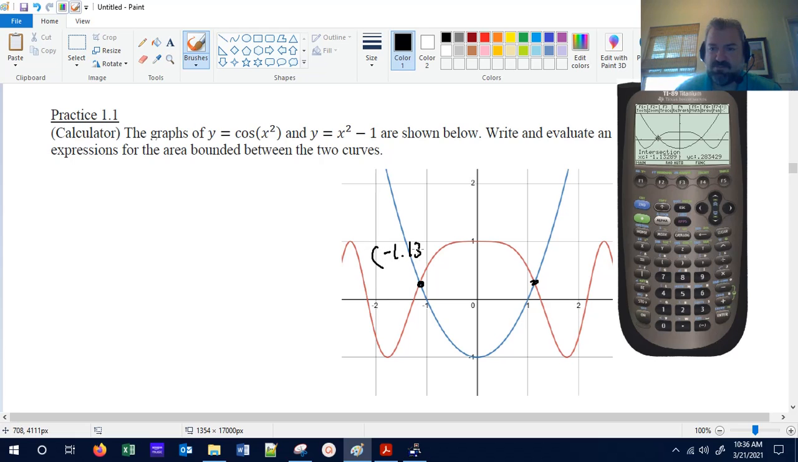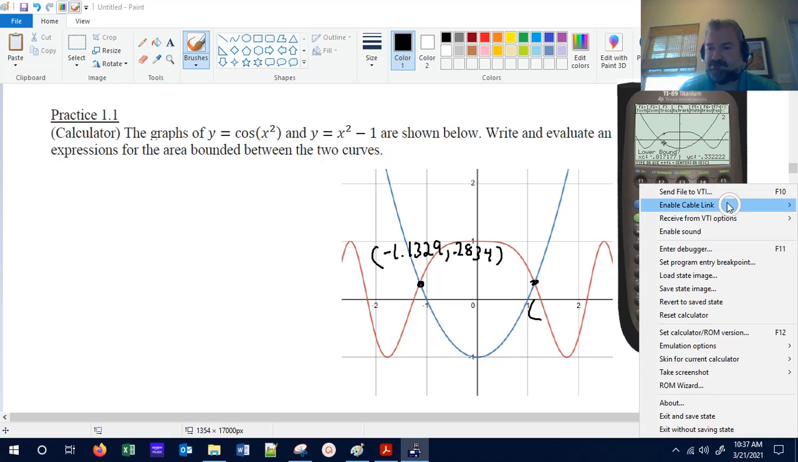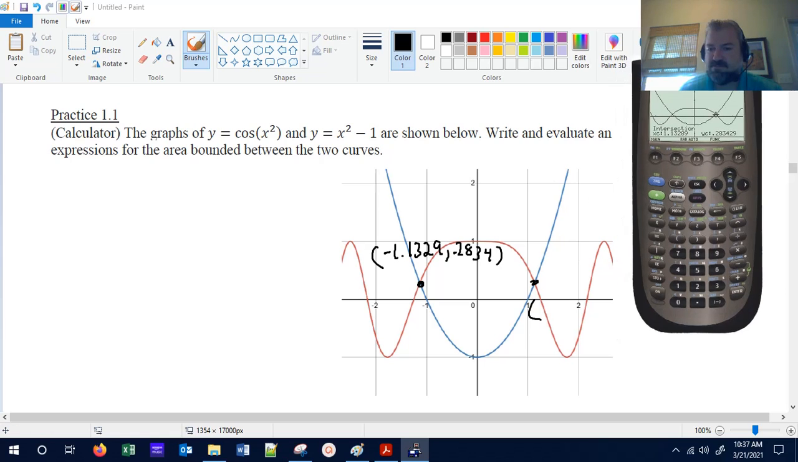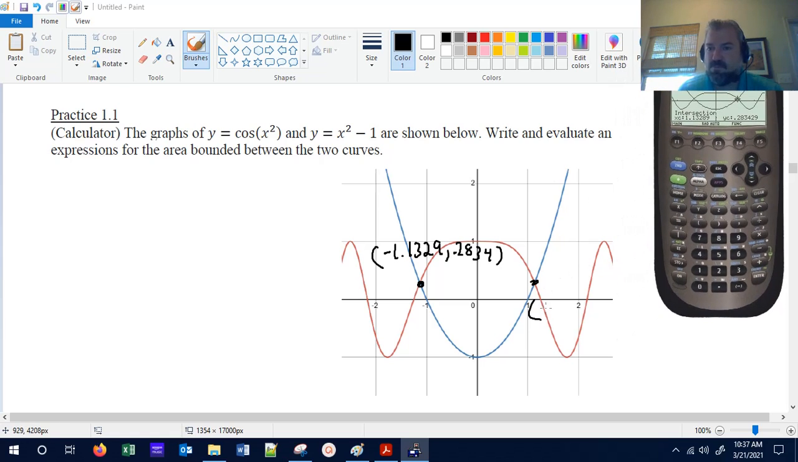Negative 1.1329 and 0.2834. All right, let's go get the next one. F5 for the math menu, 5 for intersection, first curve, second curve. And we're going to arrow over to where we're to the left. We could probably just pick it already, but I like to get a little closer. And then just to the right of the intersection. Okay, so that's